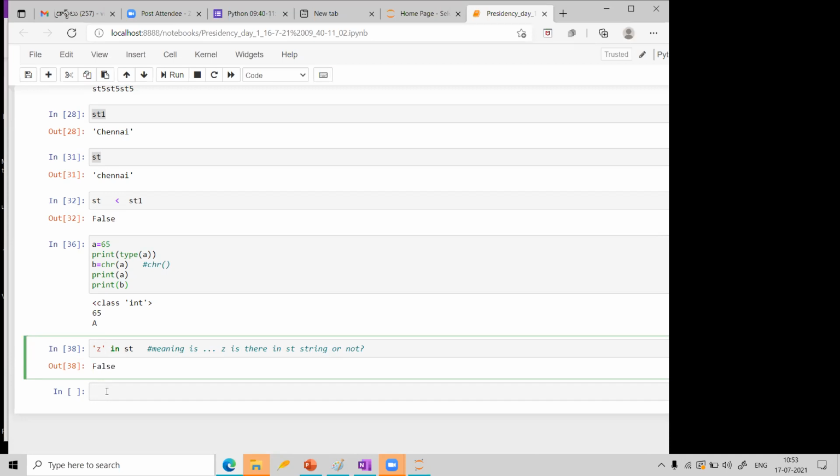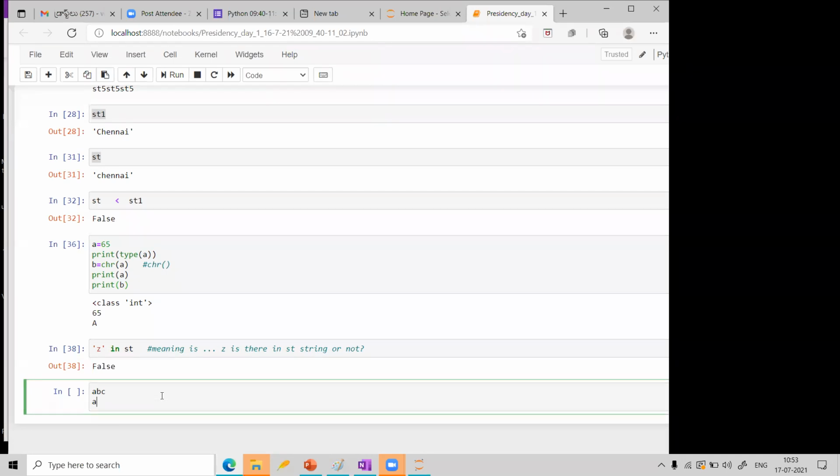For example, if I type ABC in quotation marks, this is a string. A is also a string. String means it can be a single letter or more letters also.